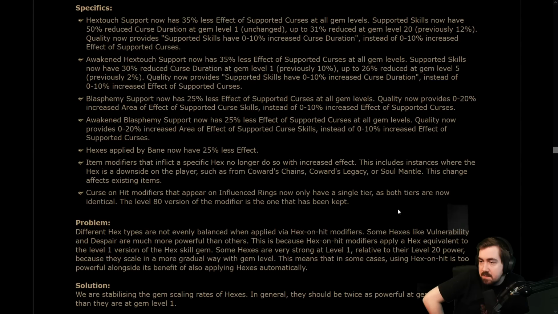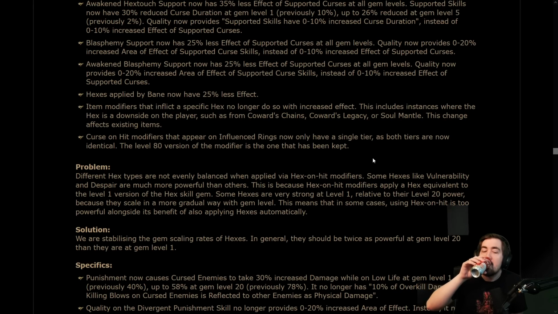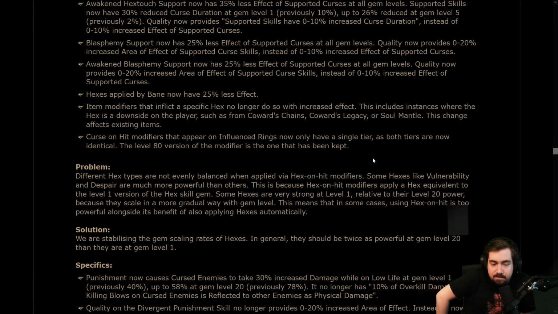Blasphemy support, 25% less. Quality and upgrade 0 to 20% AoE instead of effect. Awaken Blasphemy, 25% and the same. Hexes applied by Bane now have 25% less effect. Oof. That feels unnecessary. That is self-casting. That feels a little unnecessary. It's still a really large buff. Yeah, but